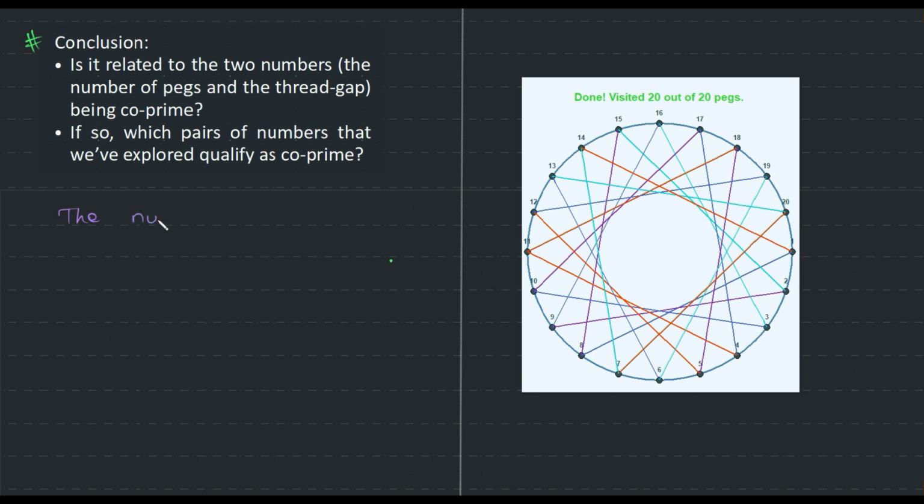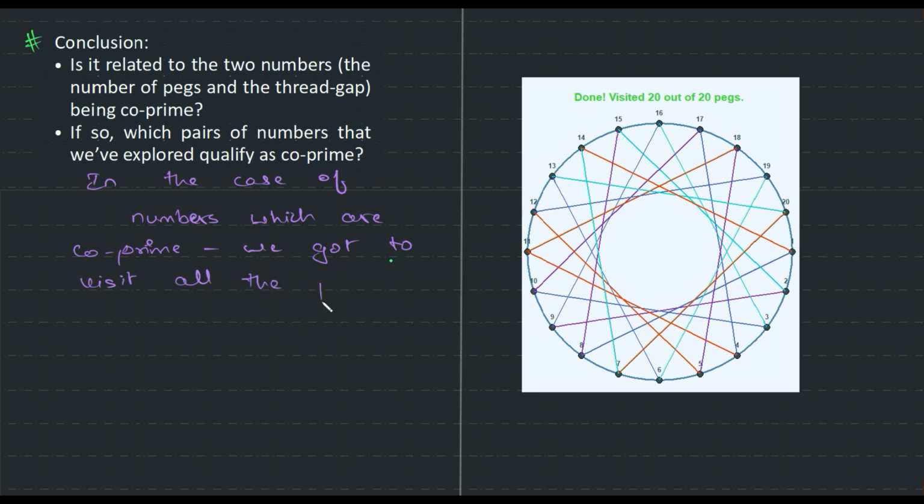So in the case of numbers which are co-prime, we got to visit all the pegs. Okay guys, so that is the conclusion,